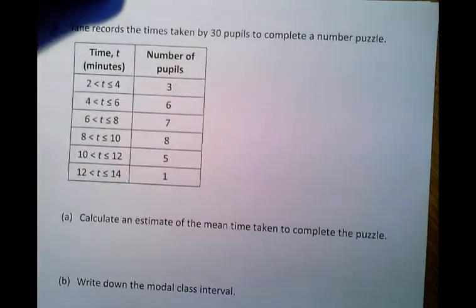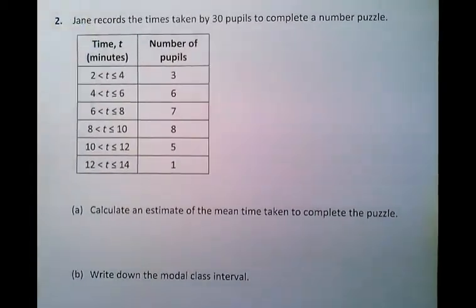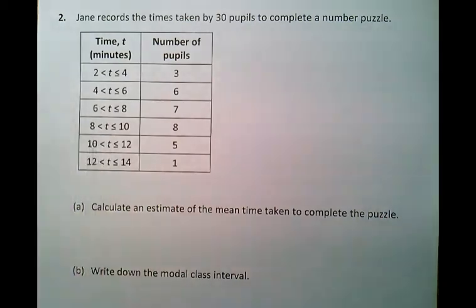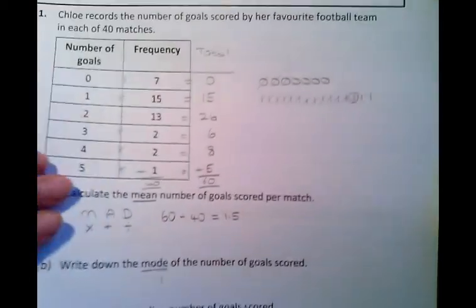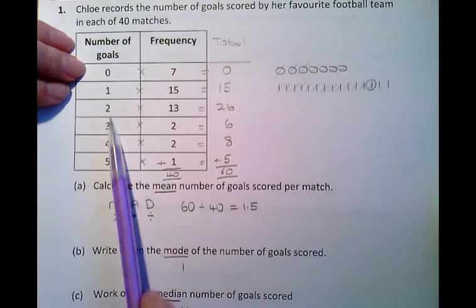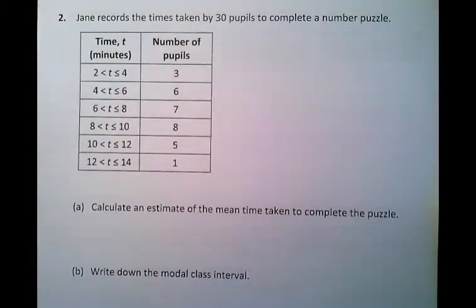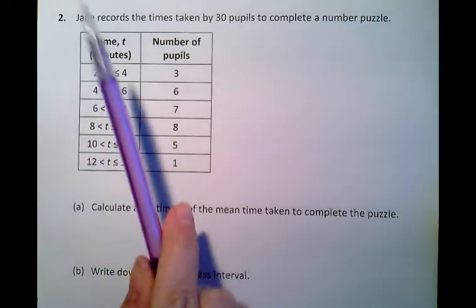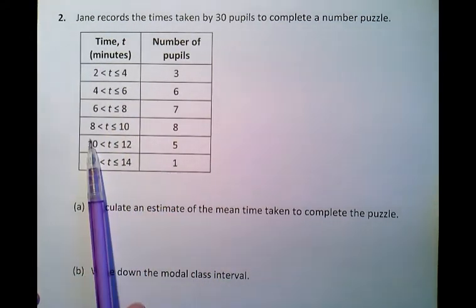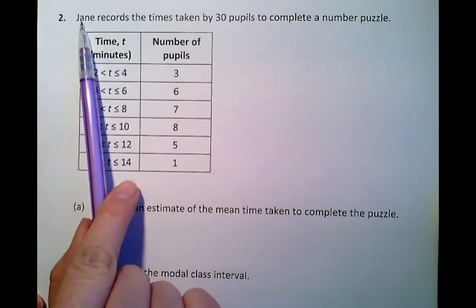Okay, so that's just an ordinary frequency table. You can get grouped frequency tables, and they're just where the first bit of the table is not just an individual number. So if we look back at the last table again there, the first bit in the table was just number of goals, it was just a single number. Whereas this table that we're looking at, it's a grouped frequency table because they've grouped the numbers. So this question,